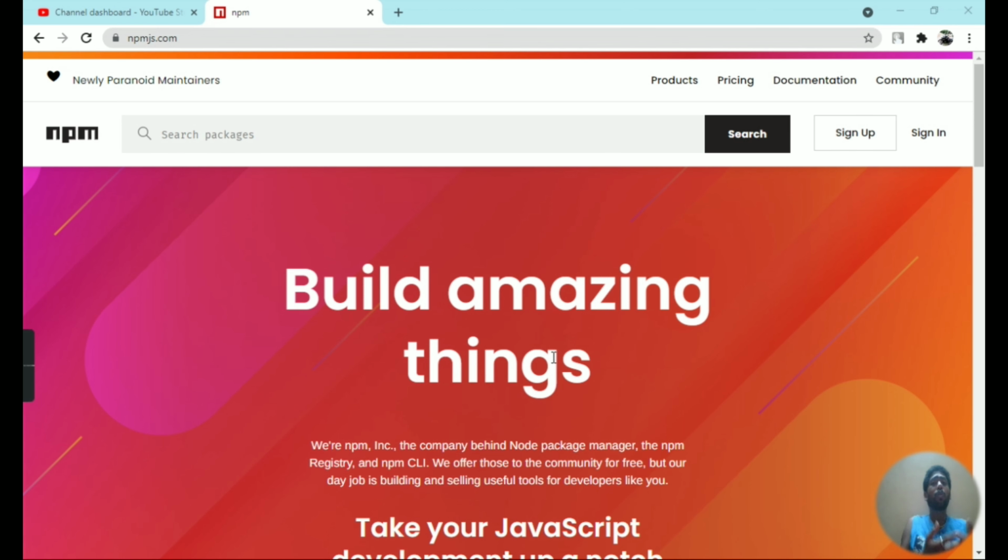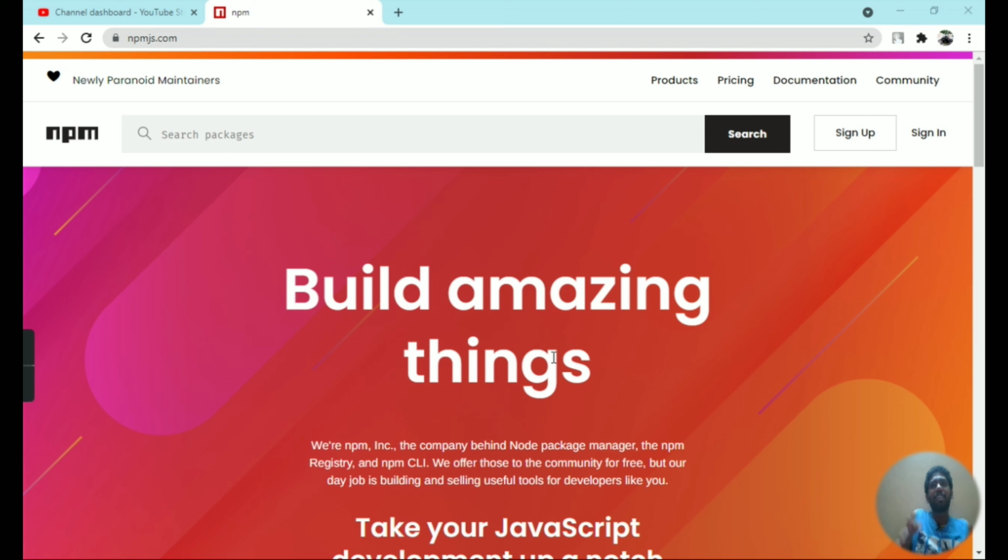If you want to know how to access npm on your own laptop or computer, it's so simple. If you have node.js installed on your machine, then definitely you can access npm. Why? Because npm is installed with the node.js installation setup. If you want to know how to install node.js, check out the video in the I button.